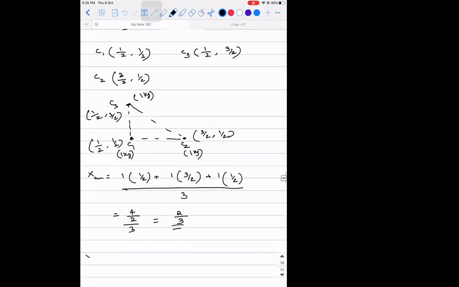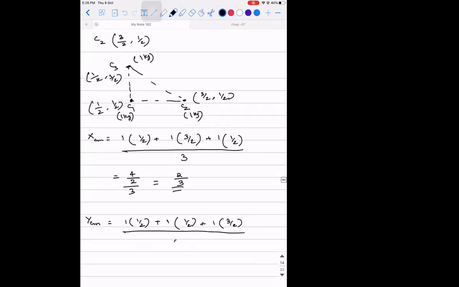Right? Similarly, what will be the y coordinate of center of mass? m1 y1, 1 into half plus m2 y2 plus m3 y3, the whole divided by 3. So 1 by 2 plus 1 by 2, 1 plus 3 by 2 is, did I make a mistake? It is 5 by 2, right? So it will be 5 by 6. Similarly, here it will be 1 by 2 plus 5. This will also be 5 by 6. Accepted? So what will be the center of mass position? It will be 5 by 6, comma